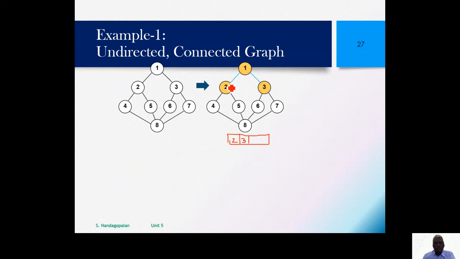These are the visited ones. As usual, we use a visited vector so that we don't revisit any vertex. Before we enter the vertex numbers in the queue, we check whether each is already visited or not. Since 2 and 3 have not been visited yet, we just put them into the queue.